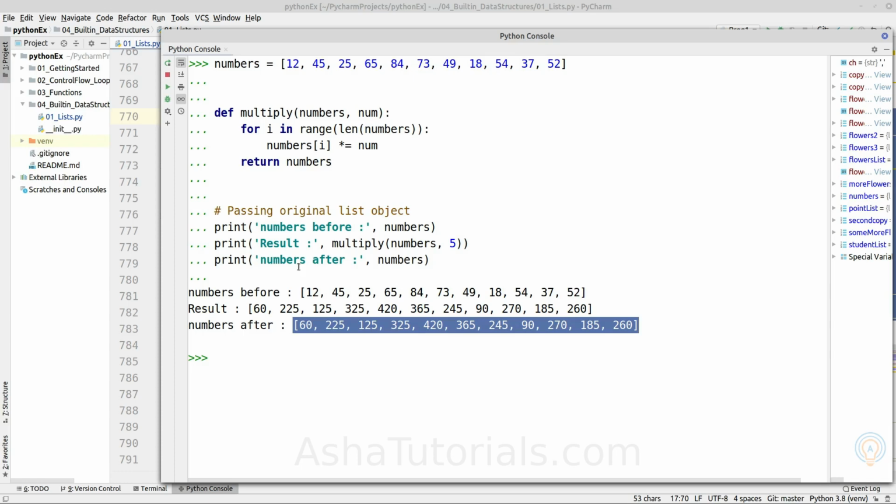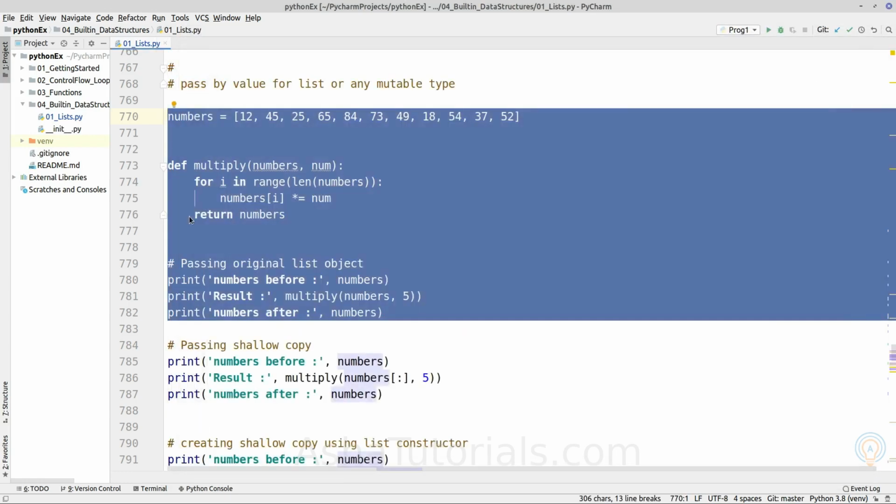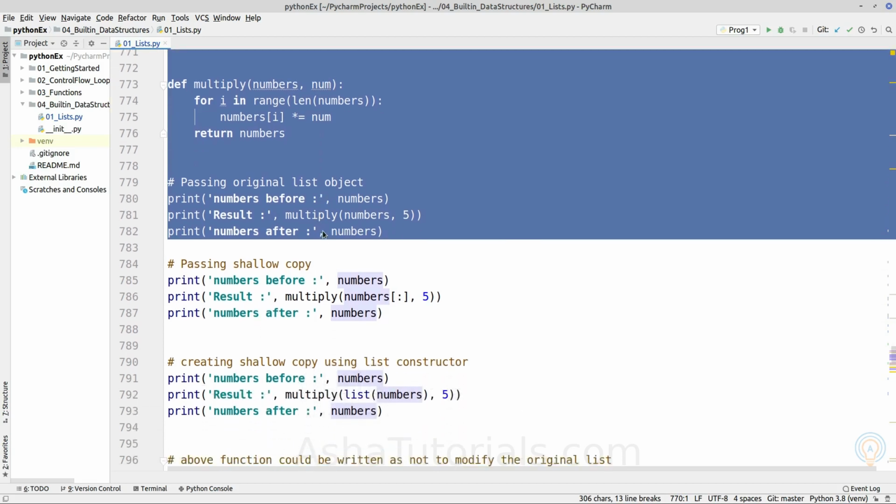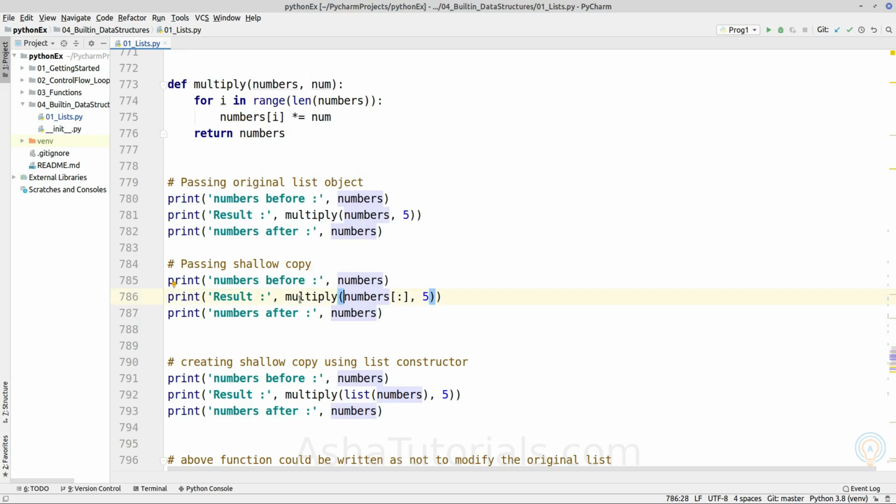This is not how it should be implemented. So what can we do to avoid such modification? The first thing we can do is create a shallow copy of the mutable data type when we are passing it to the function. As we can see here, we are not modifying the function, we are just creating a shallow copy